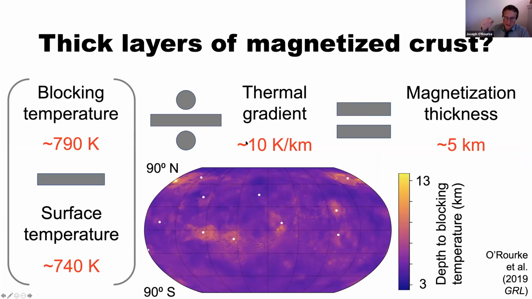So what are the possibilities of doing this on Venus? If you read a random sampling of papers in the literature, you'll find some assertions that Venus is too hot to record any magnetization over billions of years. So I had to write this paper about a year ago to point out that actually the surface temperature of Venus, it's hot, but it's not too hot.